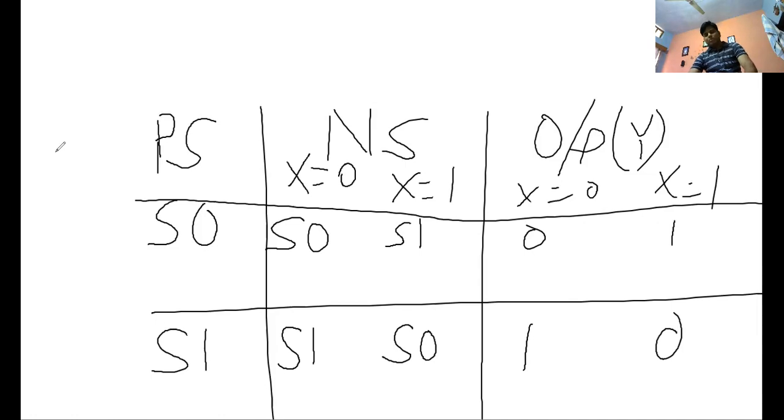So you can draw a state assignment. The present state is given, the next state, and the corresponding output are also given. So we go to pattern recognition. When we solve pattern recognition, it can be solved in an easy way. So we go directly into the pattern recognition method.